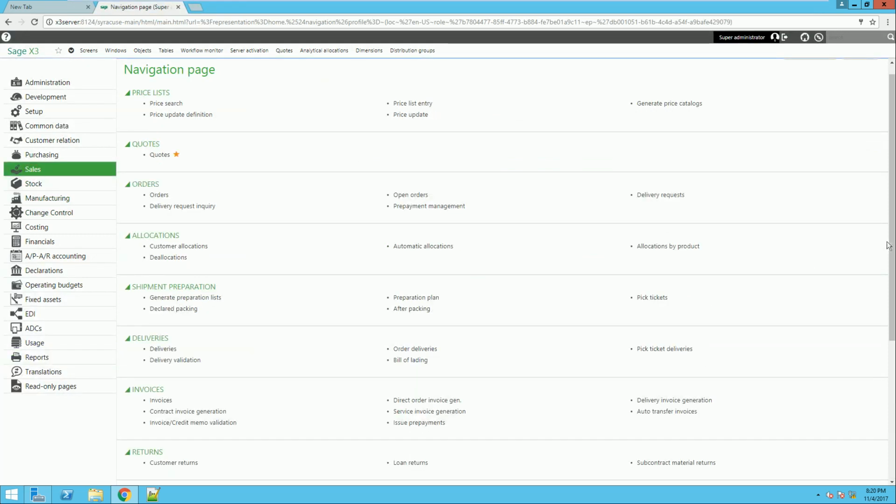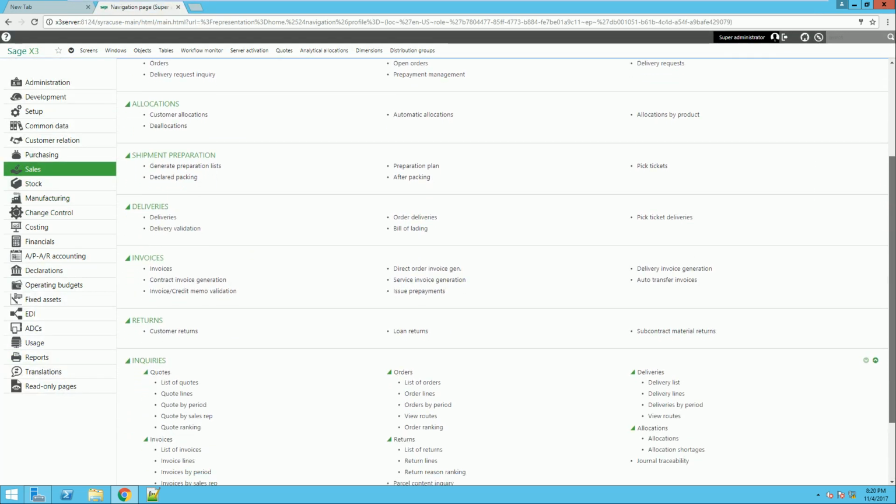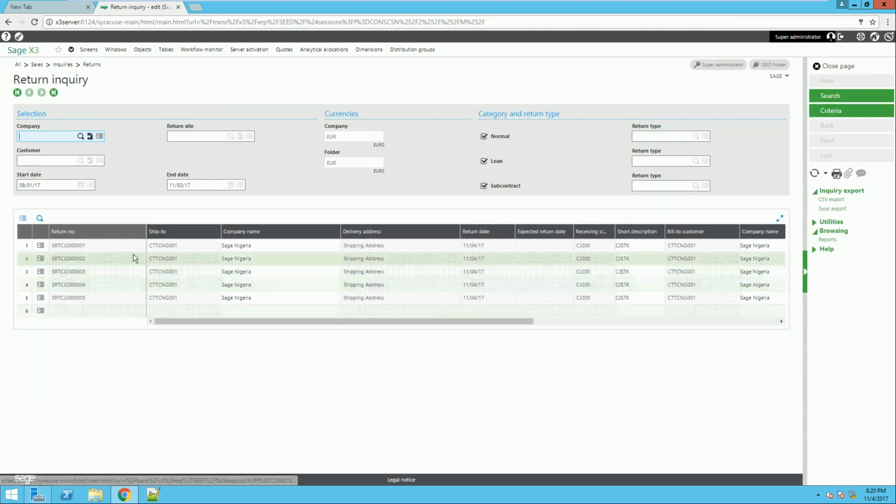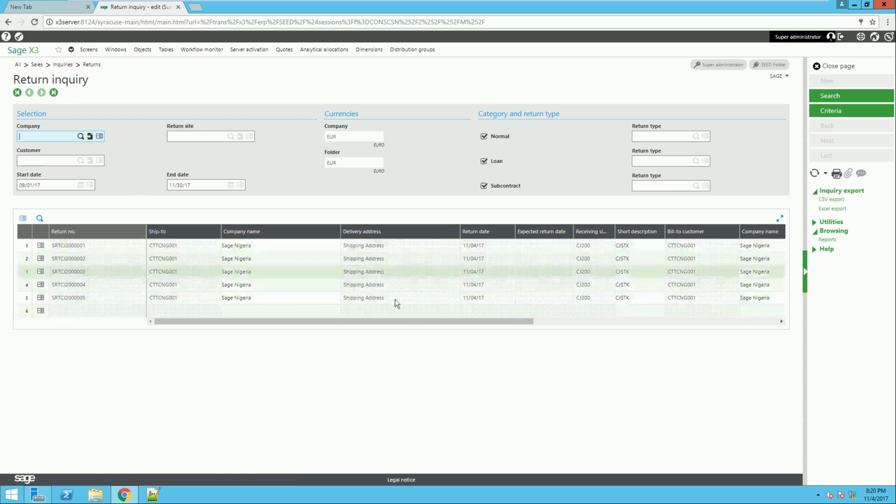All right, and we run like an inquiry here. So let me see the one that will give me what I want. Let's see the list of returns. So list of returns will show you every single thing that has been returned to your particular site. You can filter by company and by return site. So here I can decide to filter by my site,